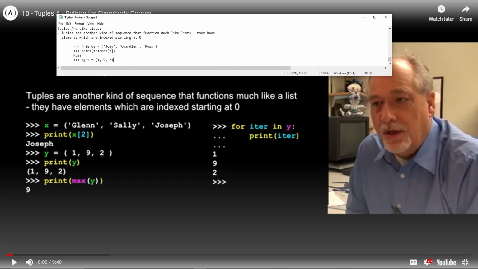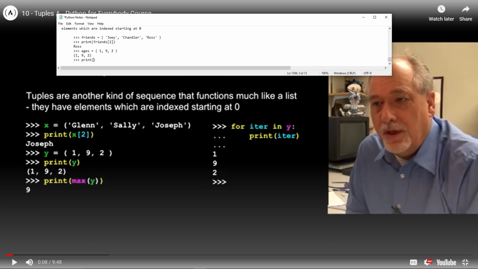And then we're going to print what? Oh, when we type it, I guess we're going to have these spaces, and then when it gets printed out, it prints out sans spaces. I guess that's what's going on here, and I like the look of it, so I'll keep doing it. And then it's going to print out 1, 9, and 2. Okay, and then we're going to print